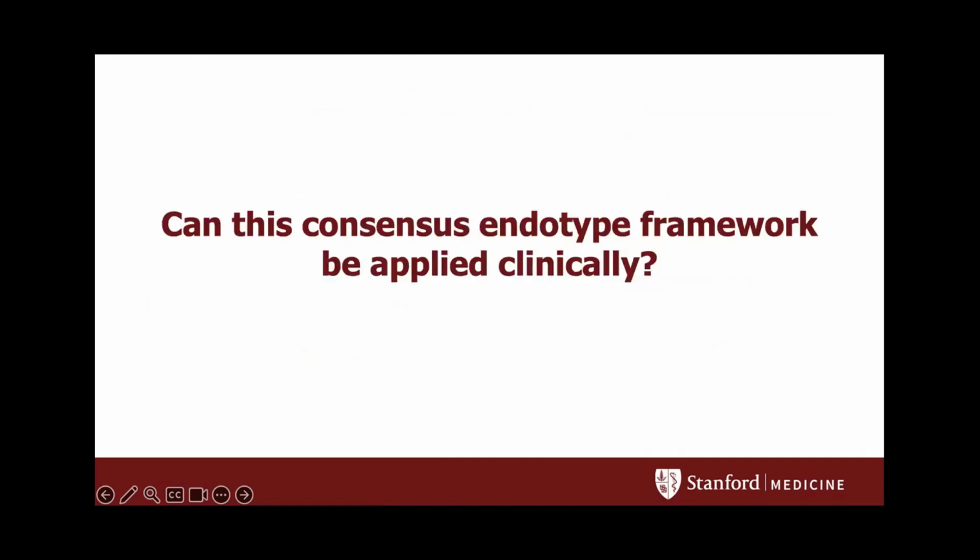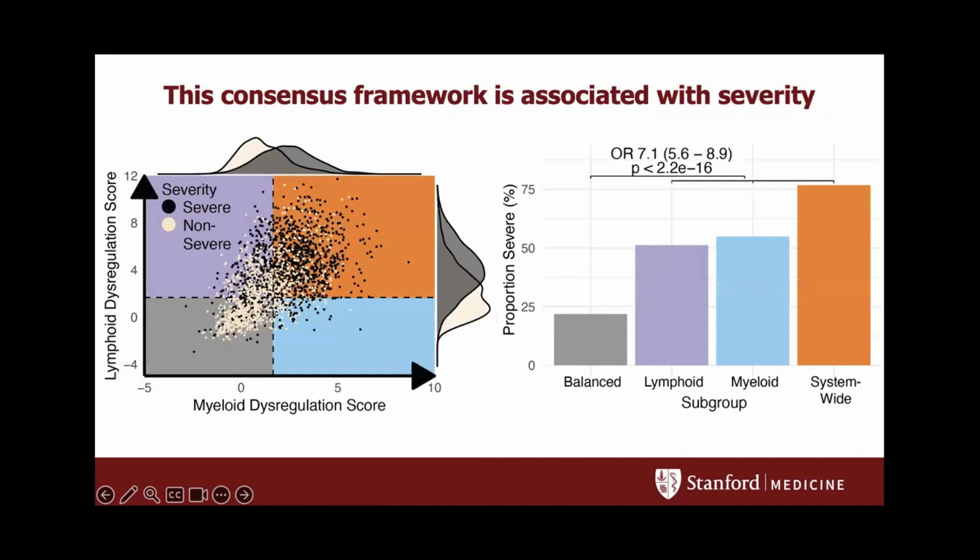Okay, so we had these scores and we had this framework. So then the question really became, can this framework be applied clinically? And even though I railed against forced thresholding, we had to come up with something. You know, reviewers need a p-value. You need some graphs. And so one of the ways we wanted to look at this was just, can we use the healthy immune response to inform our understanding of dysregulation?